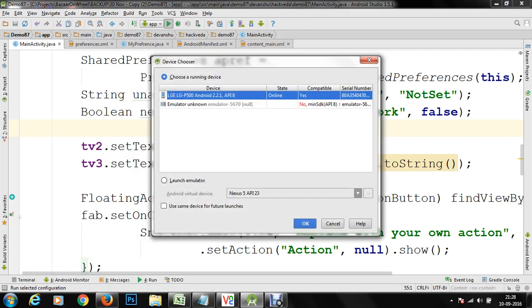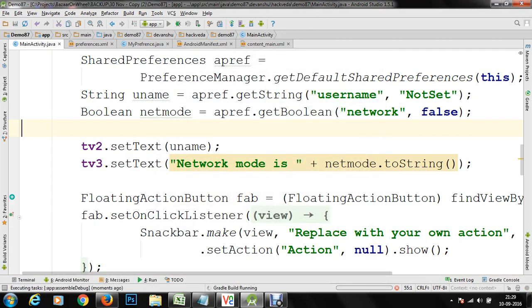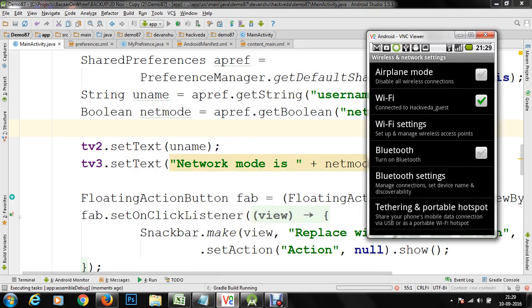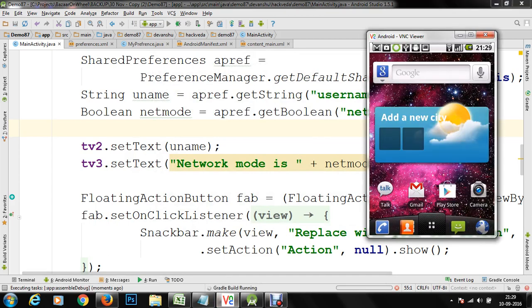Let's run the application. I'm going to test the application within my device. This time we are testing the preference activity.